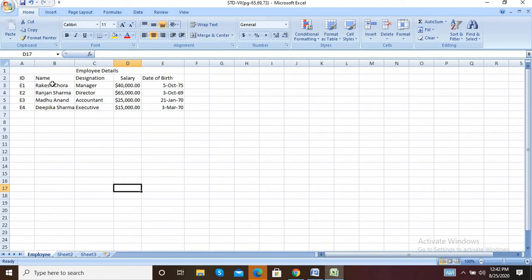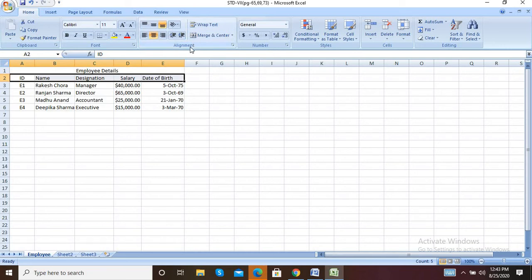And what they said: open the Format Cells dialog box and choose the Alignment tab in it. So we have to select this, and this is the alignment.